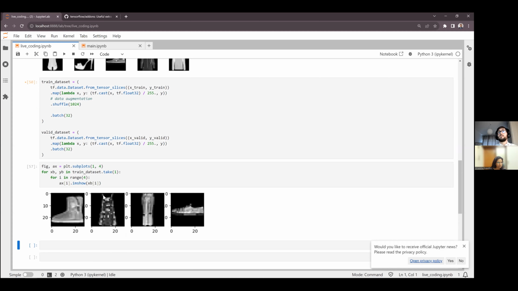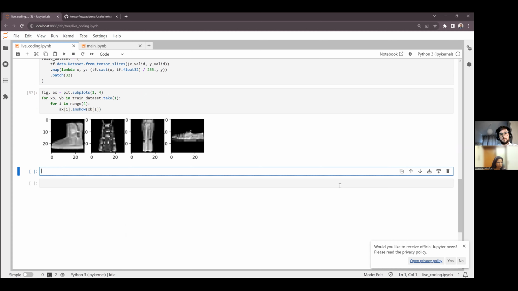Now we could do two different things. We could try to define a neural network from 0 and train it from scratch, or we could try to get a model from, say, a pre-trained model and fine-tune it. We would do that since it's much faster, and also in general we would get a better performance unless we have a huge amount of data and can train for longer periods of time.